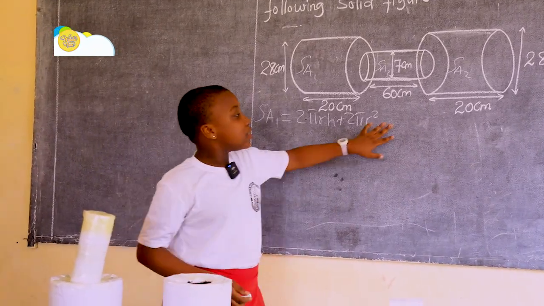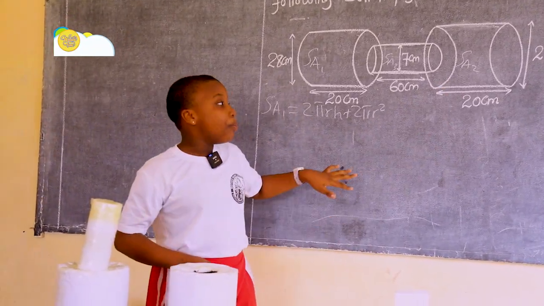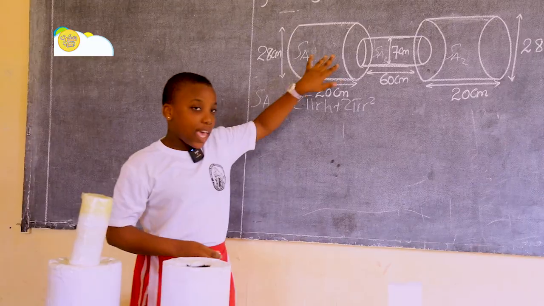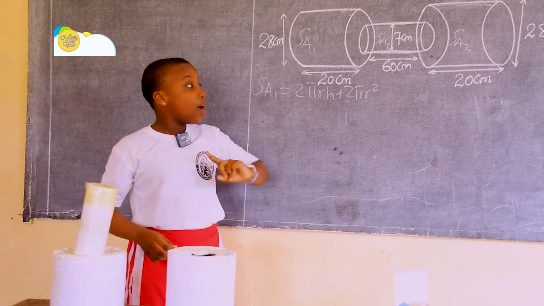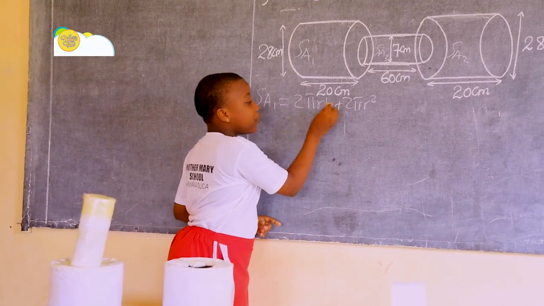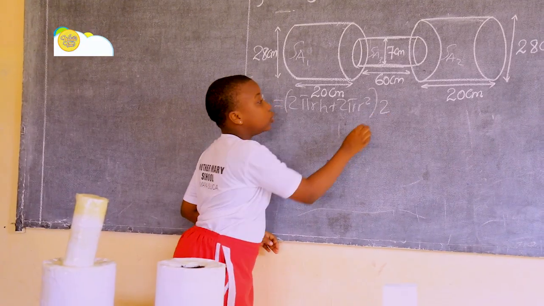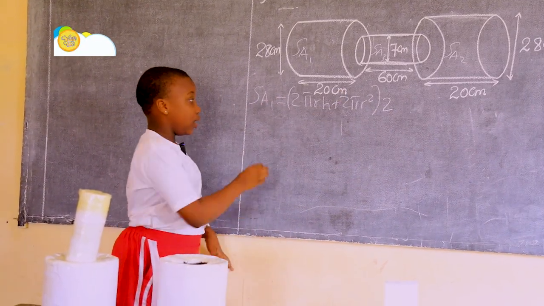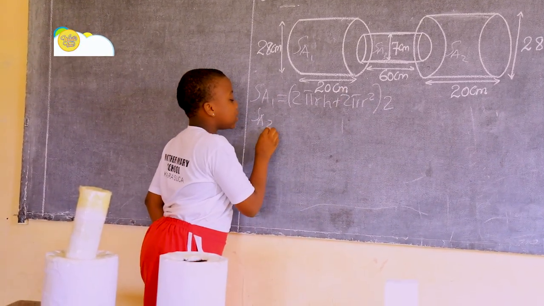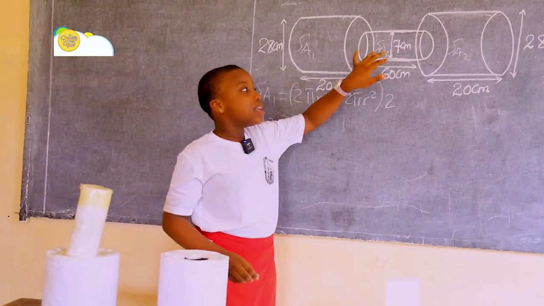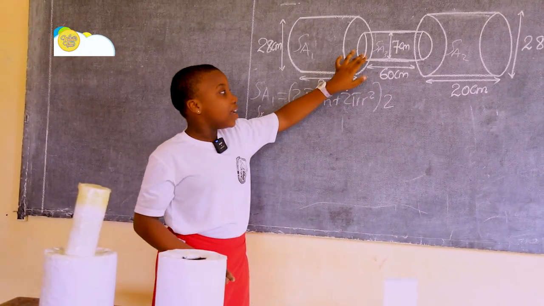Then we have the figure, surface area 2. Because this figure and this figure are the same, we are going to use one formula, and we will take this formula and multiply by 2. Then here we have surface area 3. What is the formula for finding the surface area of this figure? Surface area 3, this figure,